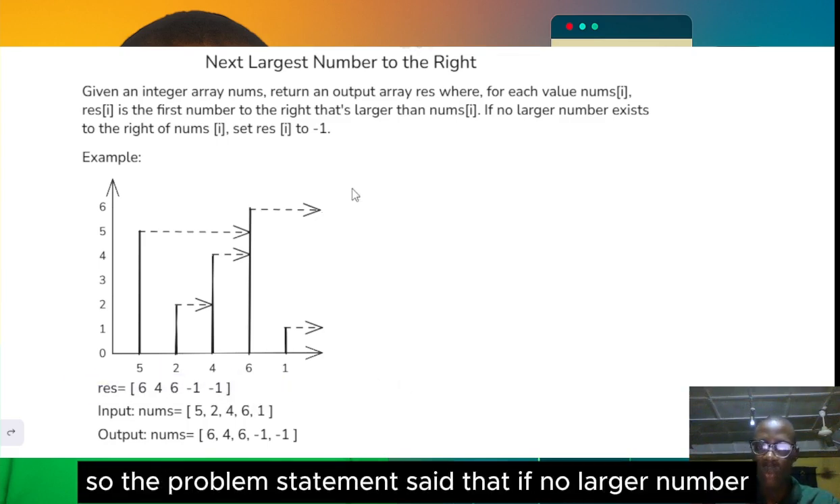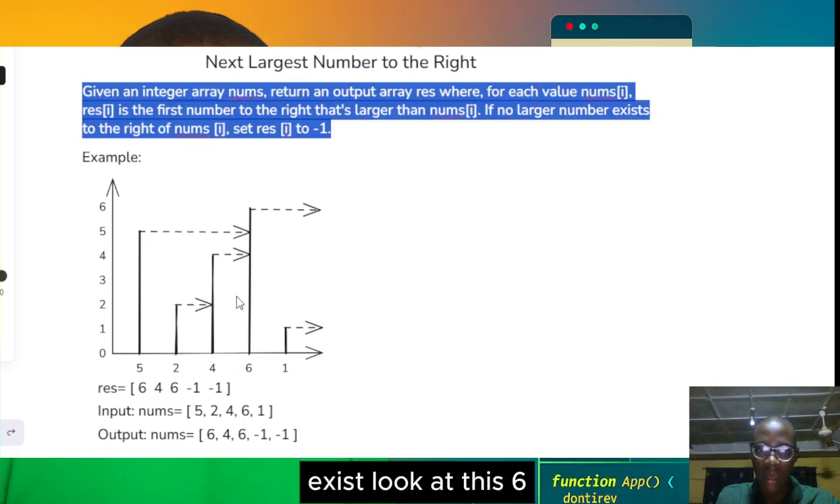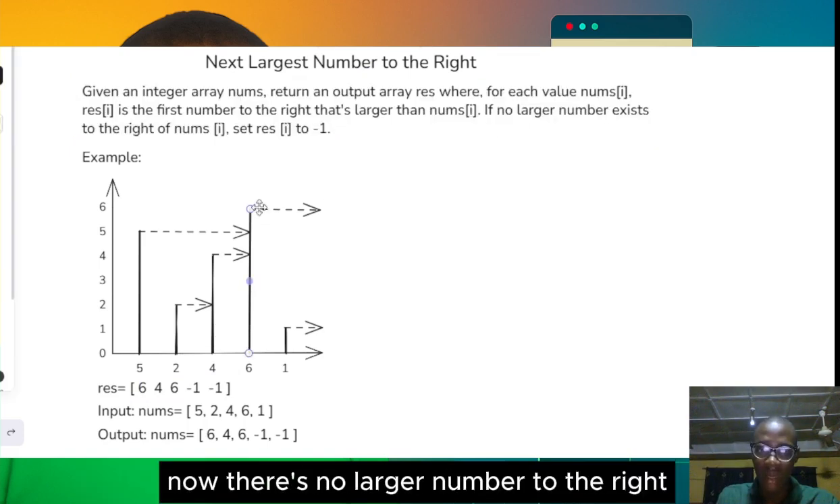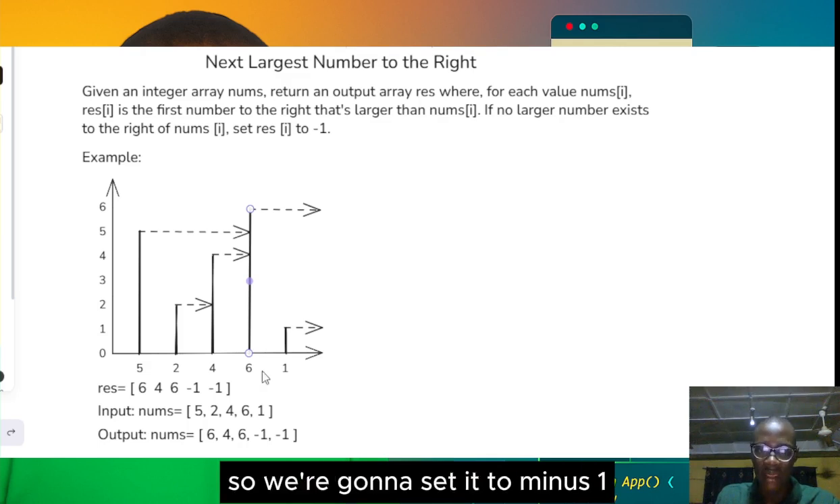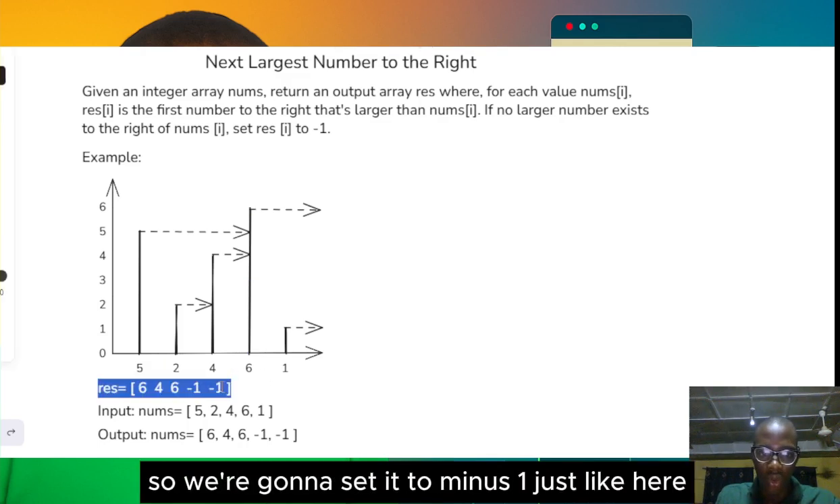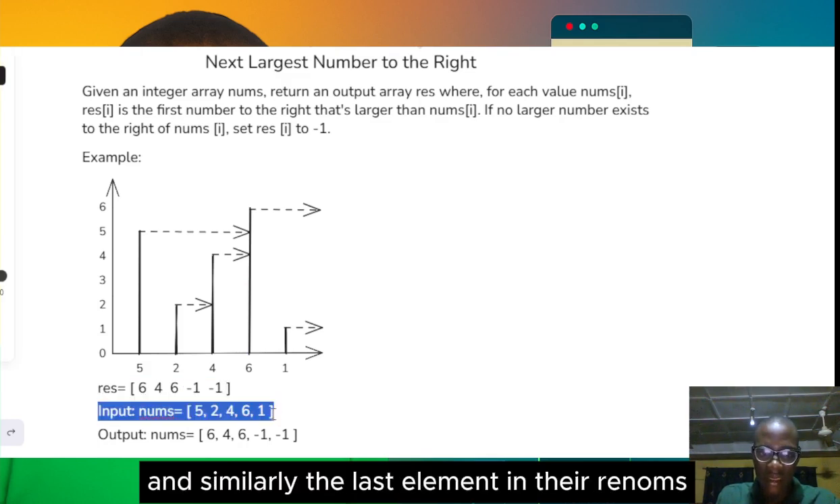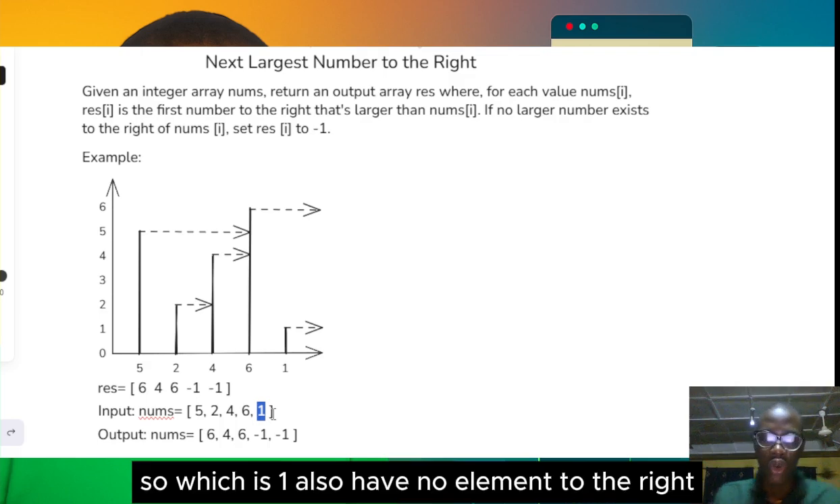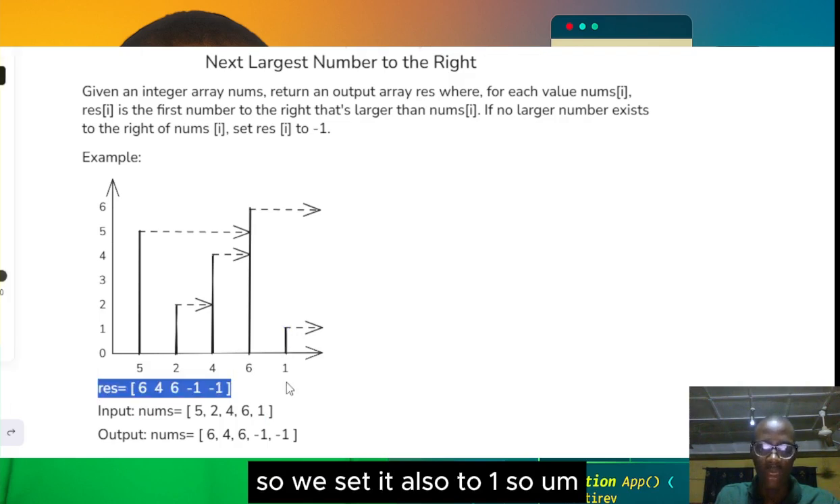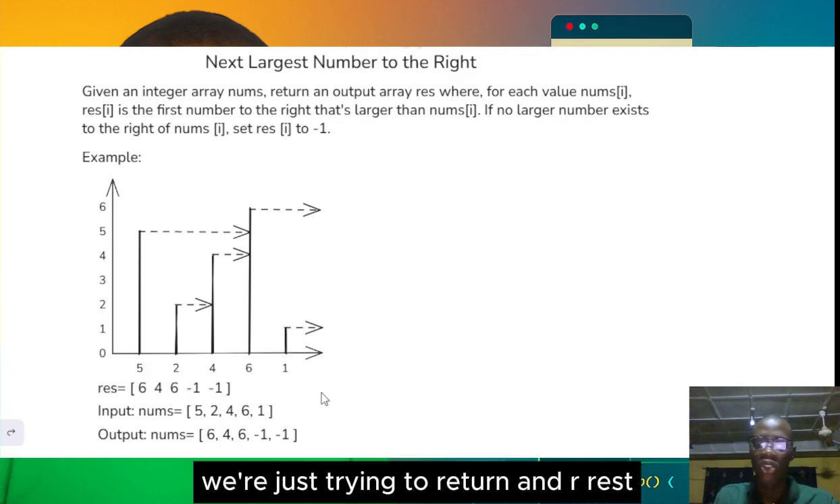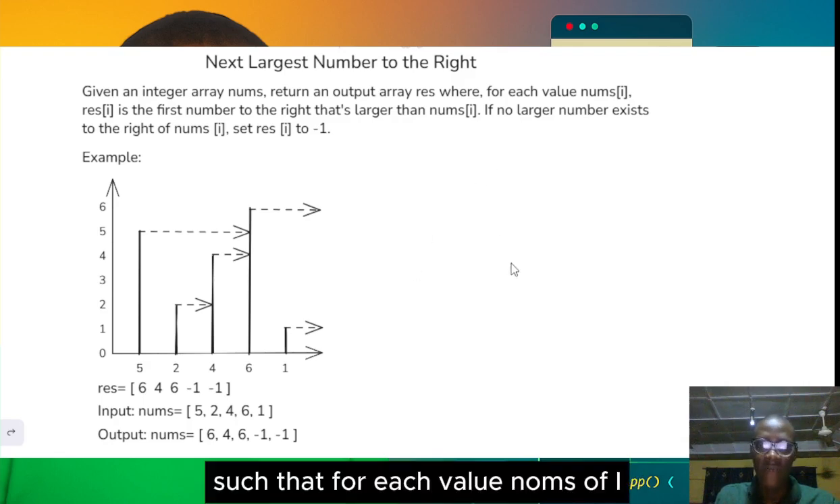That's how we go on and on. The problem statement says that if no larger number exists, look at this 6 now, there's no number to the right that is larger than 6, so we set it to -1. Similarly, the last element in the array nums, which is 1, has no element to the right because it's the last element, so we also set it to -1. So we're just trying to return an array res such that for each value nums[i],